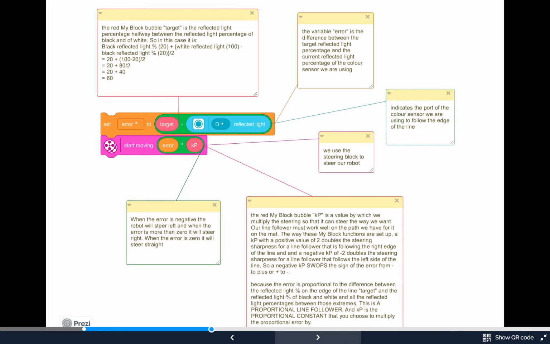Slide 4. This slide is about the blocks inside the repeat loop of a proportional line follower. The main idea here is that you have a target reflected light percentage, which is the midpoint between the black line and the white background. The robot constantly checks how far off it is from that target, so it knows whether to steer left or